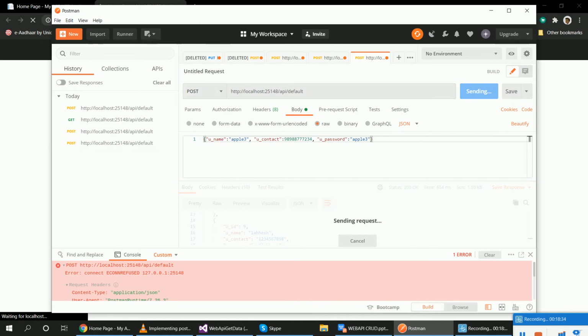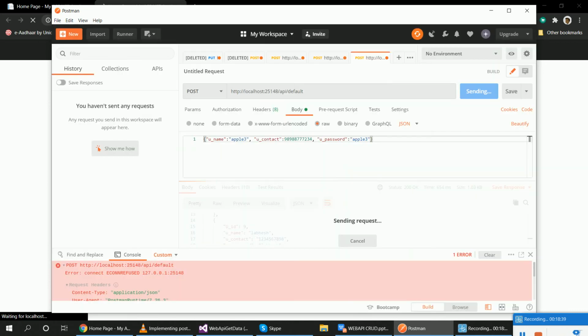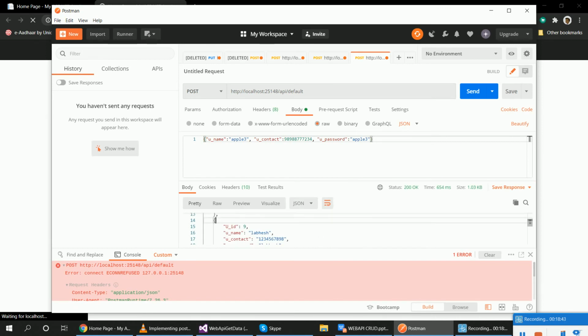Stop this, clear everything, delete all, cancel this request. Is apple 3 added or not? Please check first. Not added, right? So default apple 3. Now send.